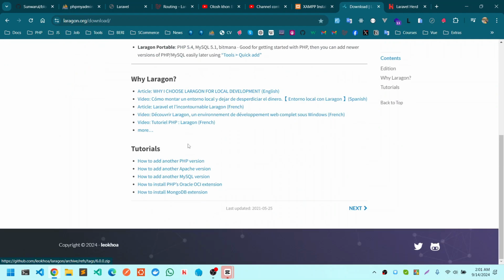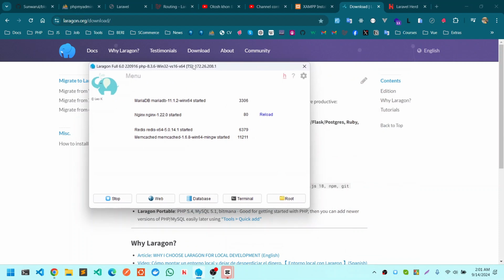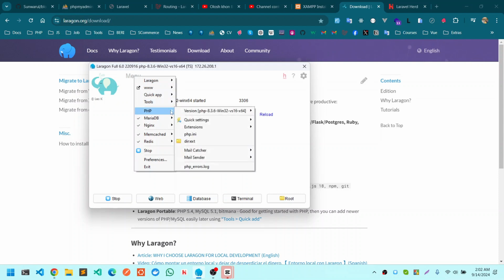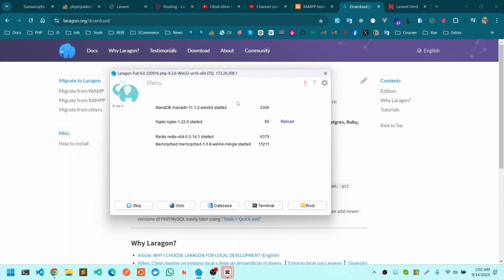With all of these, we get some benefit of using multiple versions of PHP and Node.js. But the thing is, sometimes the PHP version we get by default in this platform